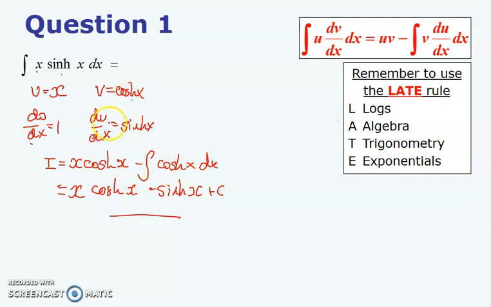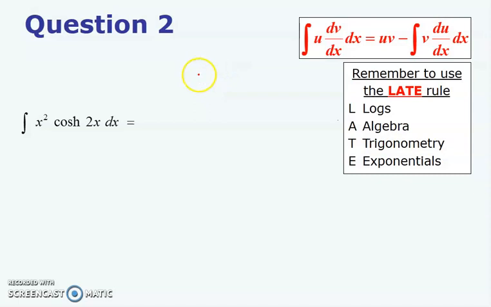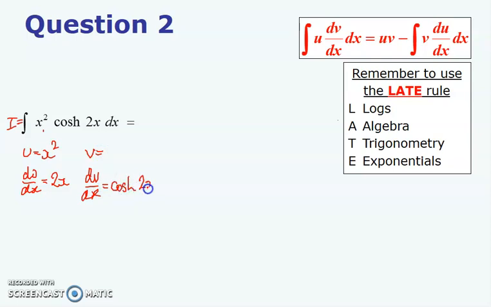And these are nice because you only have to do them once. The problem comes when you get one like this. I know I'm going to have to do this twice because it says x squared. So let's start, because I know I'm going to have to do it twice. I'm going to write I equals, u equals the x squared there, and I'm sticking with the algebra first. du by dx equals 2x. And obviously v equals and dv by dx equals, and my dv by dx is cosh 2x obviously, and therefore